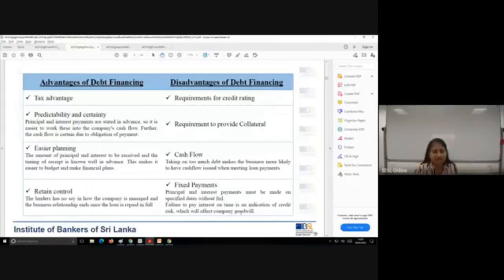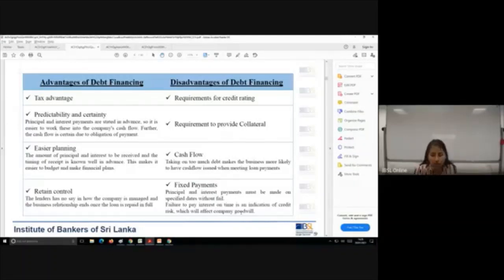And then finally, fixed payments. What I mean by fixed payment is the payment cannot be deferred. Not the amount. What I'm saying is that payment is predetermined and has been fixed. You can never defer it. You can't say, can I not pay interest this year? Can I pay interest next year? Those can't be done. If there's a particular timing, you have to pay in that particular time.